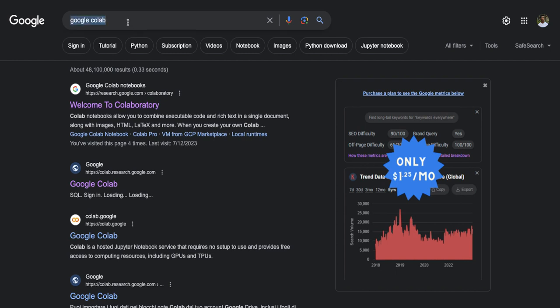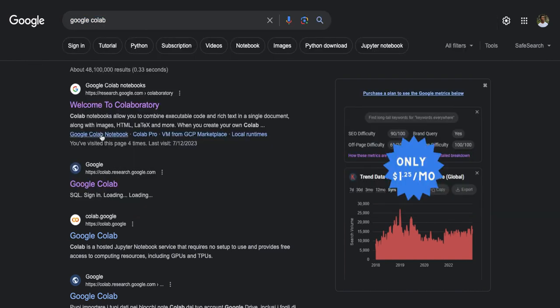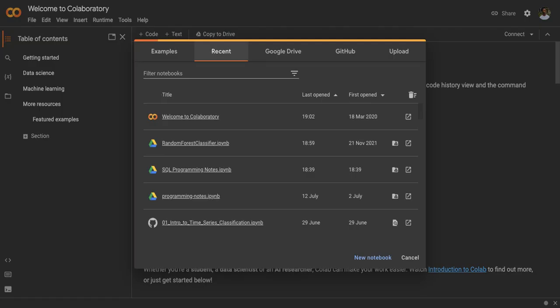So all you have to do is go to Google and search Google Colab. As I've done that, right? You'll see two links, one saying welcome to Collaboratory or Google Colab. Whichever it is, it's okay. All these are the right links. Just click on the one that you deem fit for you and it'll take you to the same page. So I'll just click on this second one on my end,